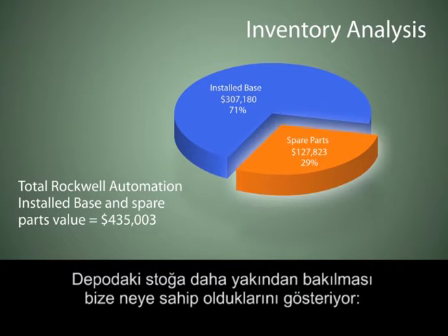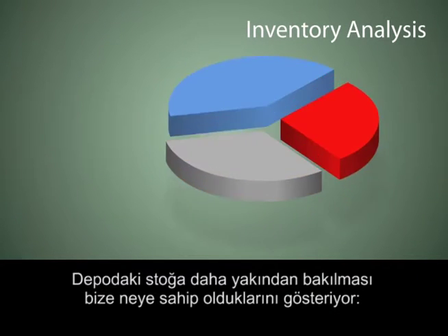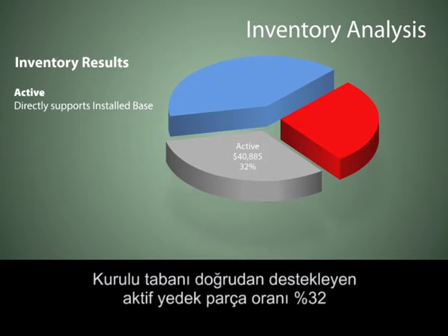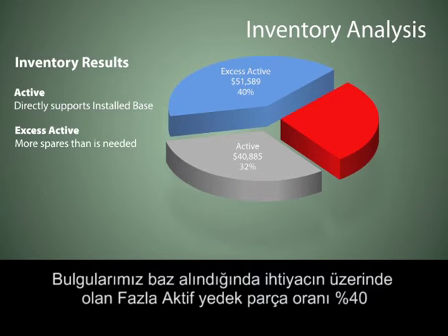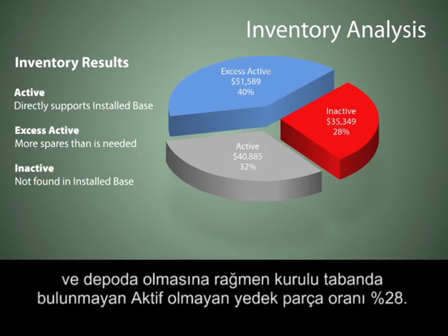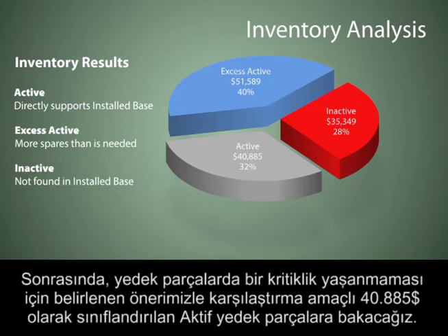A closer look at the storeroom inventory tells us that they have 32% classified as active spares, which directly support the installed base, 40% classified as excessive active spares, which is more than what they need based on our findings, and 28% classified as inactive spares, which were found in the storeroom but not in the installed base. Next, we'll look at how the